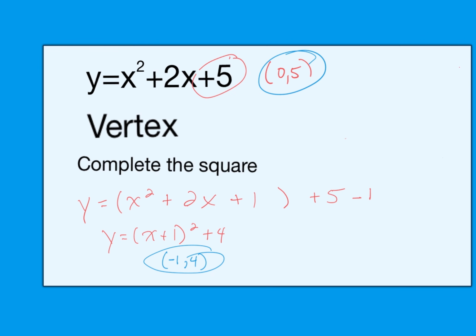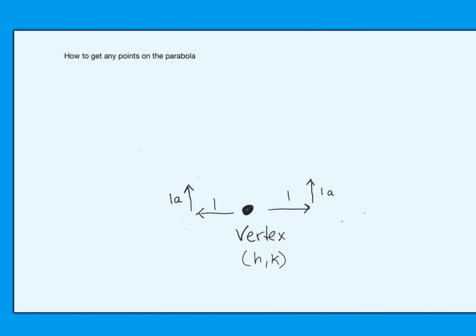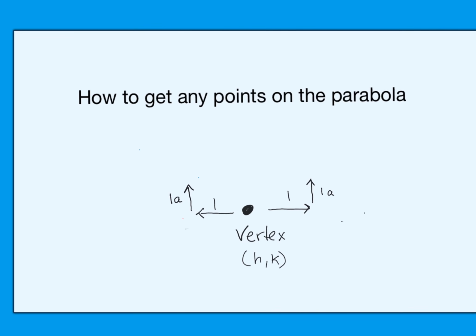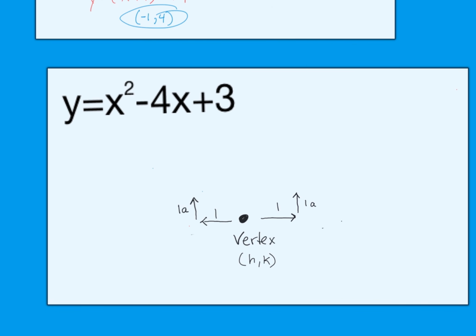So sometimes we don't have a whole lot of points. Well, what can we do here? Because we need more than 2 points. Let me show you. This next part, I want to show you how to get any points on the parabola. What you do is you start with the vertex, (h, k). You go over 1, up 1a. So for example, if we take a look at y is equal to x squared minus 4x plus 3,